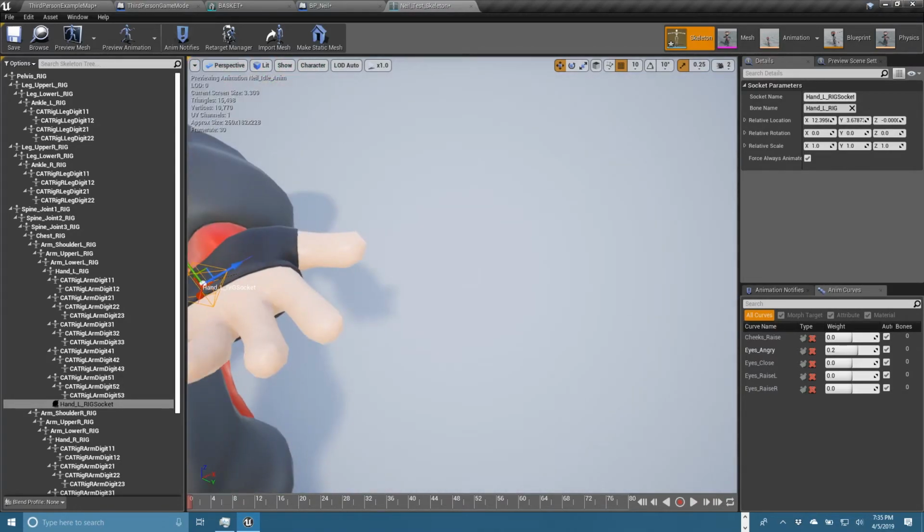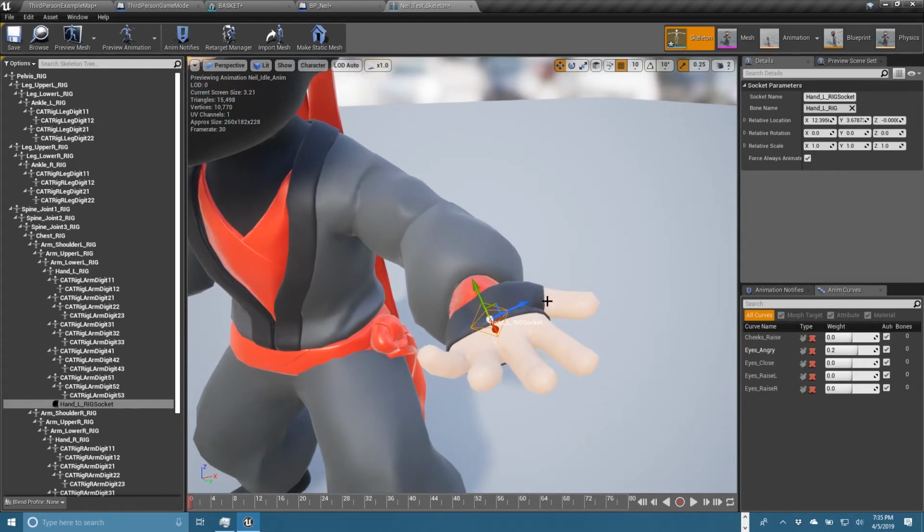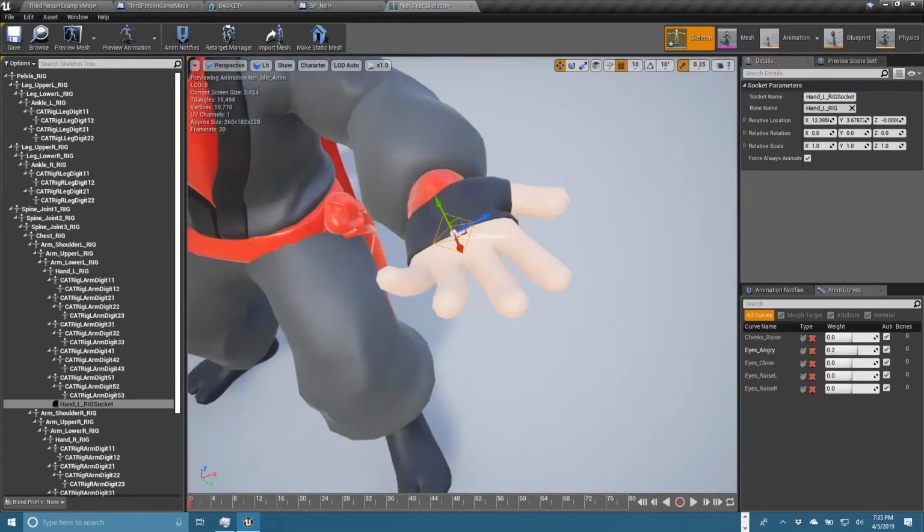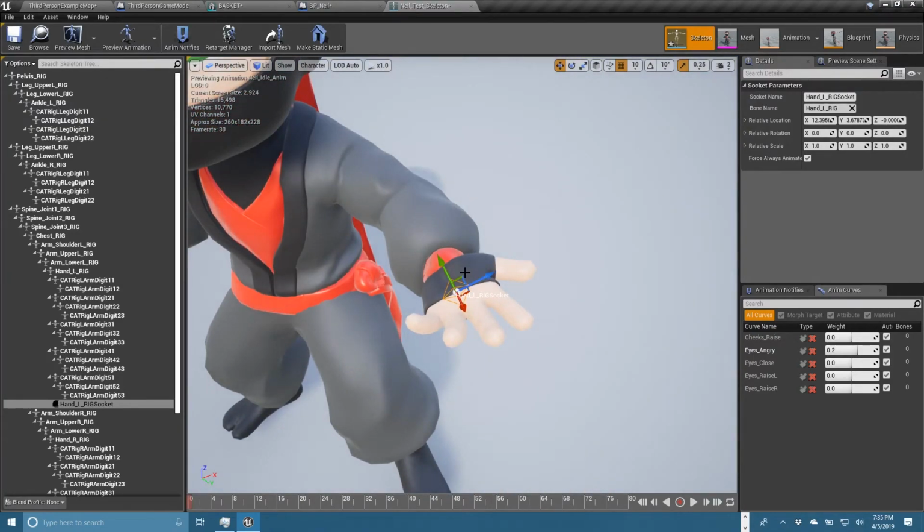I'm not going to rotate it at all, because when you add the socket, it's actually using the rotation of your bone. One of the things that I did when I was using sockets before was I just rotated the socket exactly the rotation that I wanted the object to be. And I found that in a lot of cases that was bad because when a socket works, it's always keeping